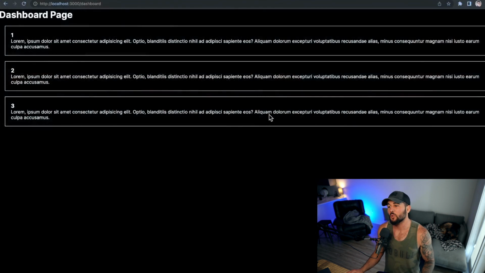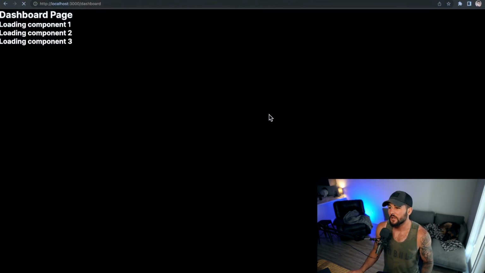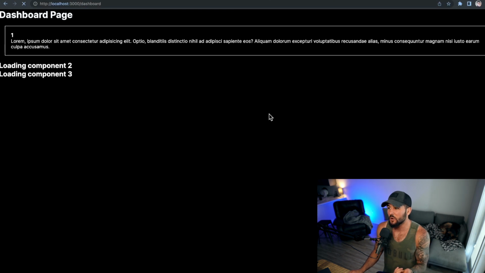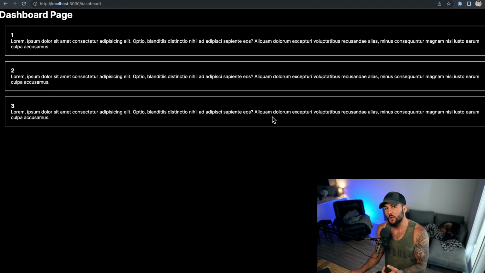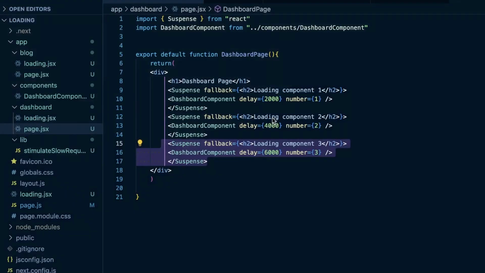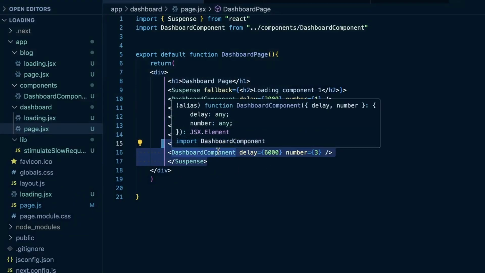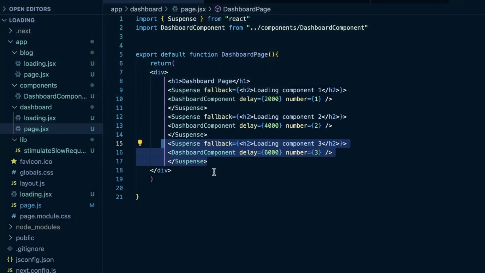So if I go back to dashboard and I reload, I see loading component 1, then I see component 1. Loading component 2, then I see component 2. Loading component 3, then I see component 3. So by wrapping these components in my suspense boundaries here, you can see that I improve my UI here because